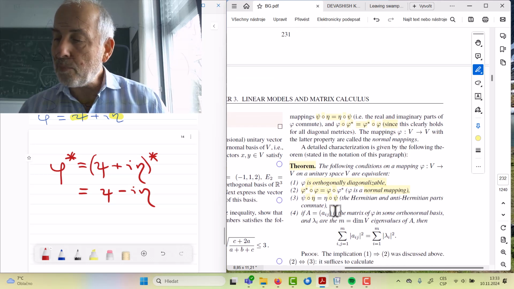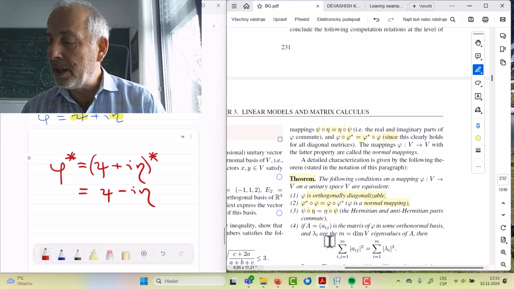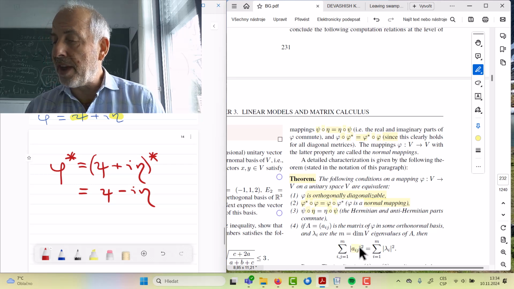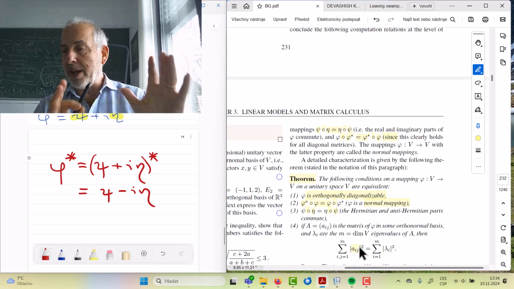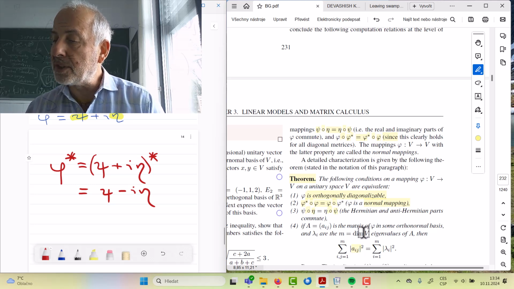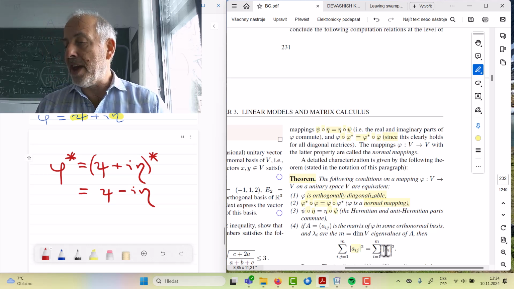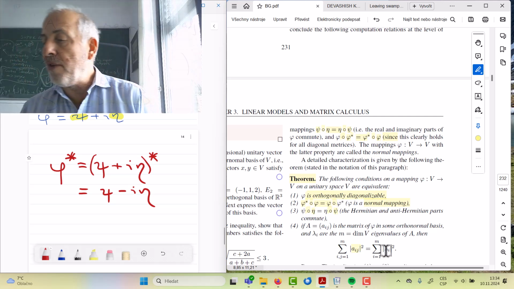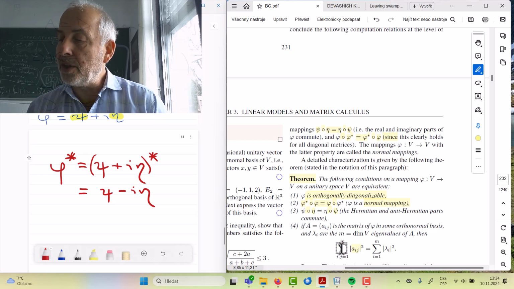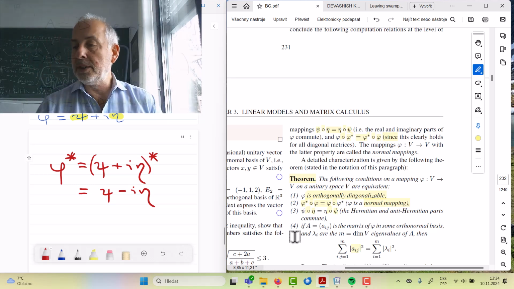And the final property is perhaps the most striking one, because it says that the sum of the squares of the norms of all the elements in the matrix, so this is n squared summands, where n is the dimension, is the same as the sum of the squares of the absolute values of the eigenvalues. And this is clear if we know that A is diagonalizable, then